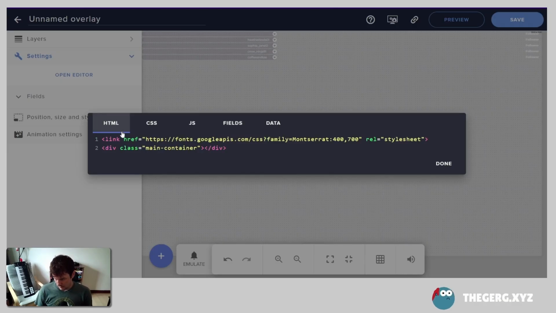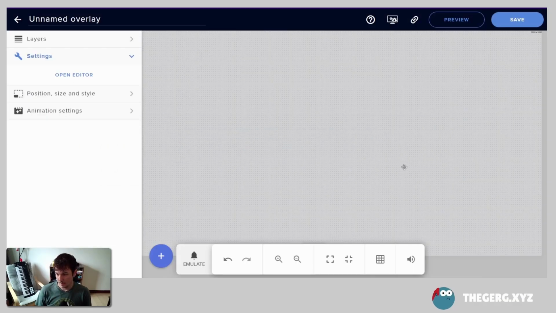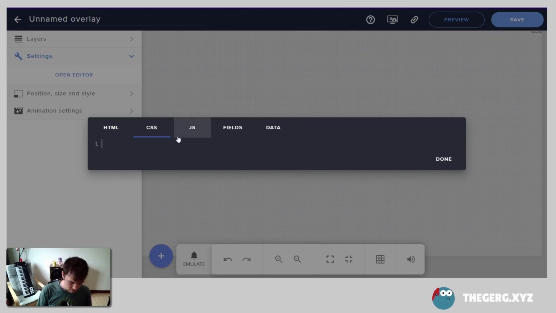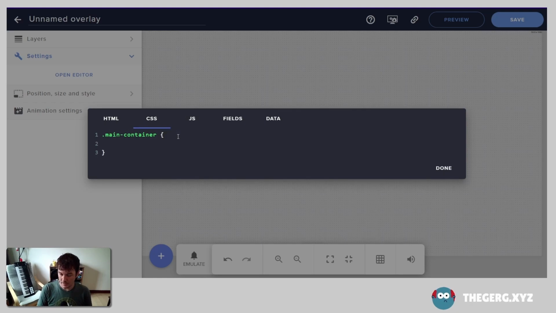Okay, right now we have this div called main container. And if you come back, you see it's nothing. We want to style main container. So in CSS, you can see this is a class. Main-container. To get a class, we use a period. Main-container. And then let's give it a width